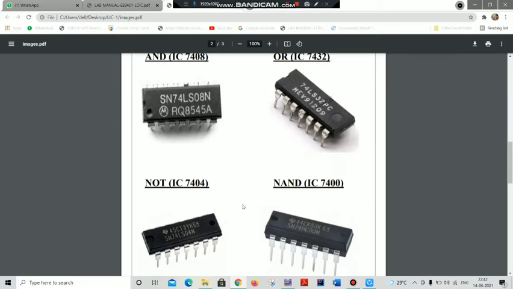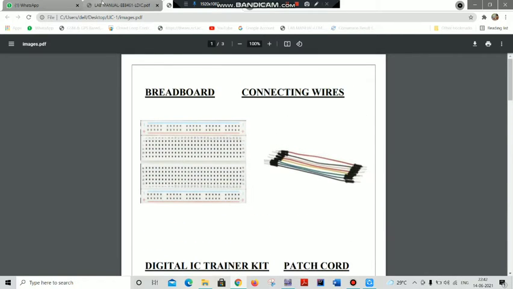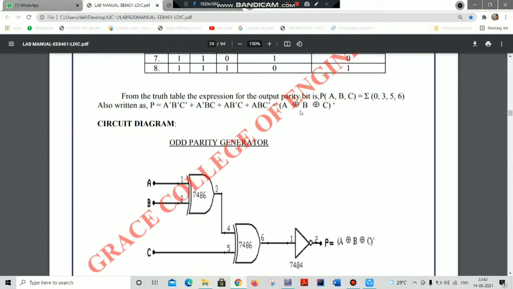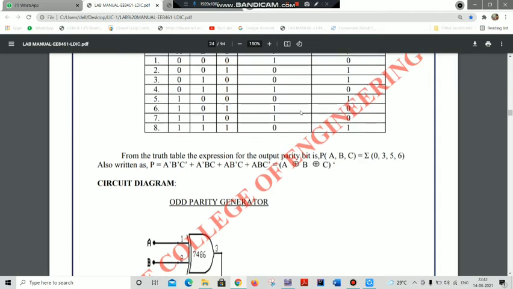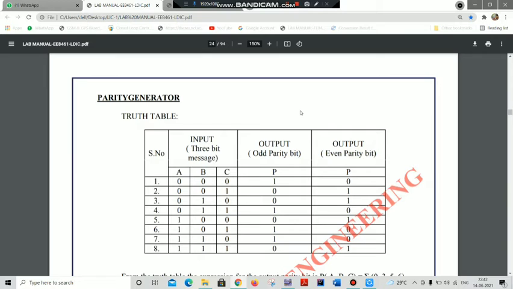So, in order to understand the concept of your truth table and your circuit diagram of each circuit of this experiment, I'm going to the Multisim software in order to verify the truth table.